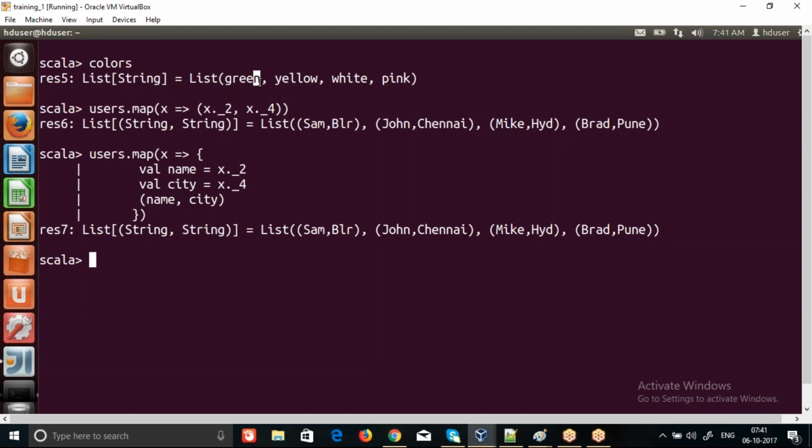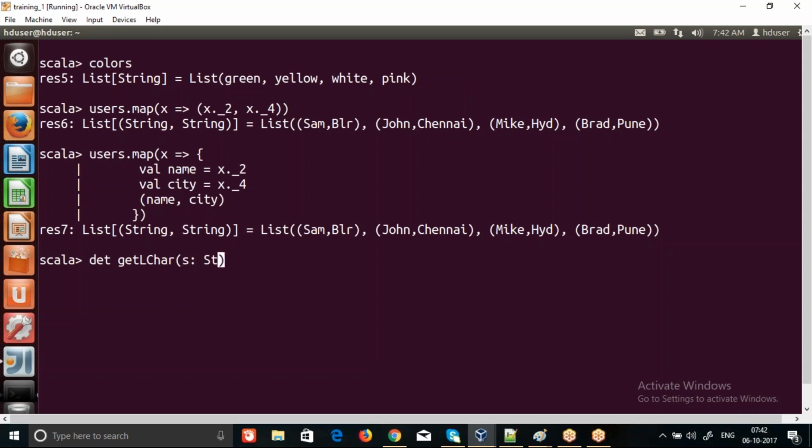I want N, I want W, I want E, and I want K. So we can define a function which just returns the last character of a string. I can just say get last char,